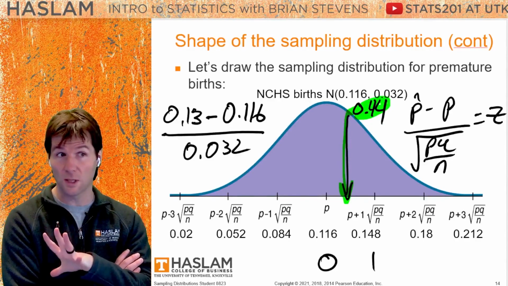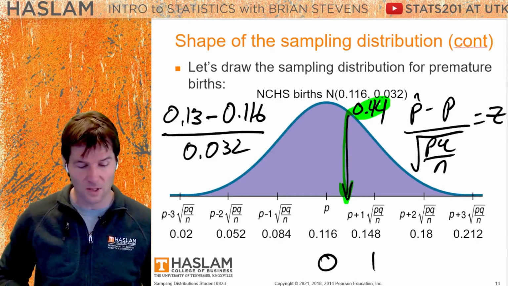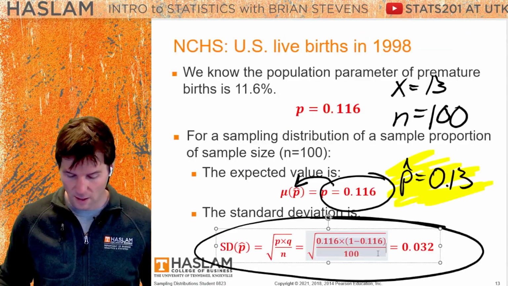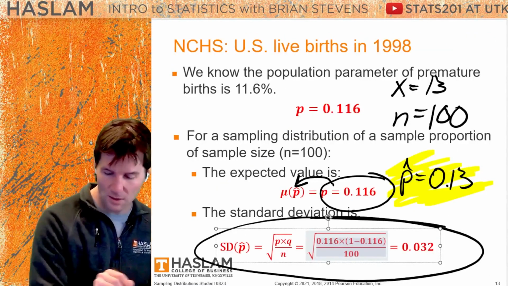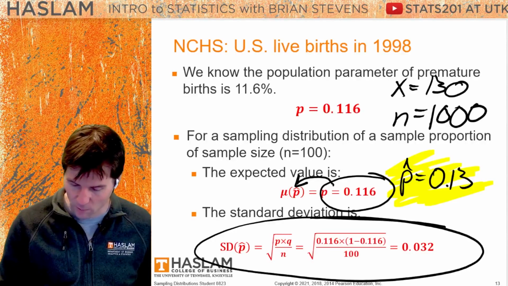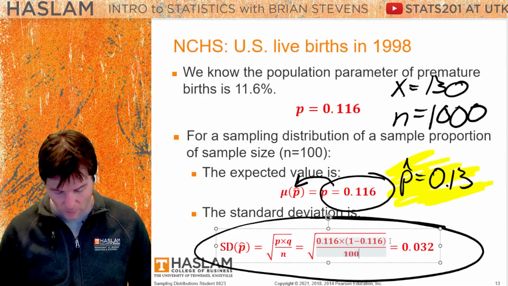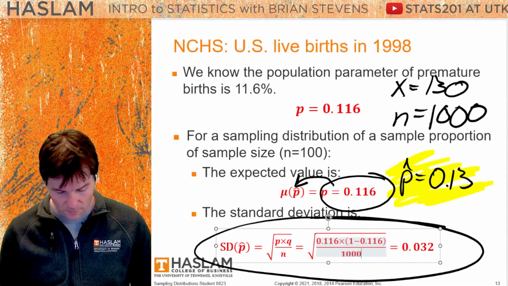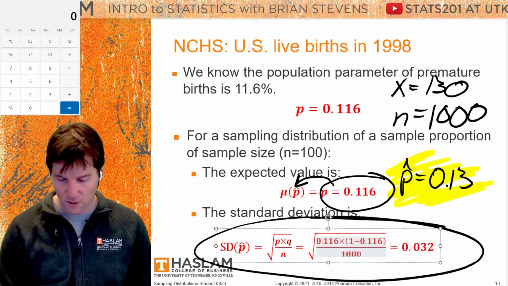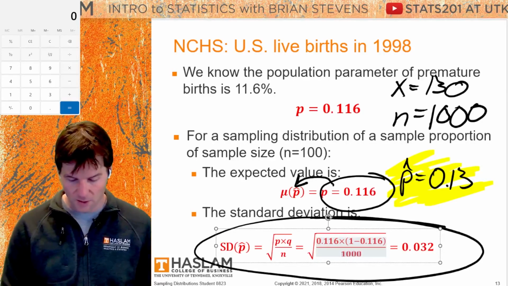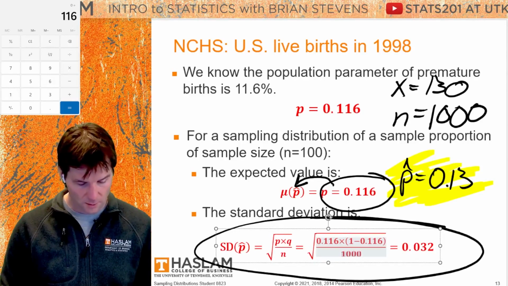100. Now, if you increase the sample size to 1,000, look what happens here. You would drastically change the standard deviation. If we had taken a sample size of 1,000, we'd have to adjust this number to still make it 13%. That still would be a p-hat of 13%. Going down to the bottom equation, let's resolve this. You can see now the standard deviation would get much smaller. We'd still expect the same percent of premature babies, but now the standard deviation would be,